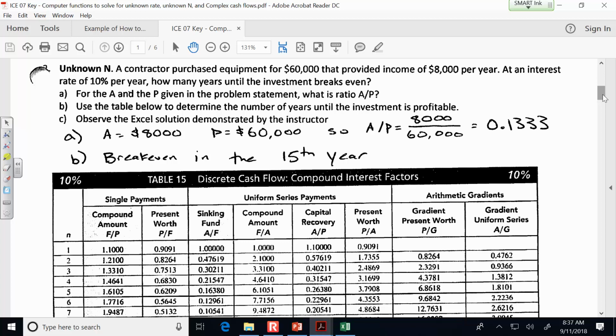Could you use interpolation to get that even more accurate? Well, that's a great question. So he's asking, can you use interpolation to get it more accurate? And the answer is,